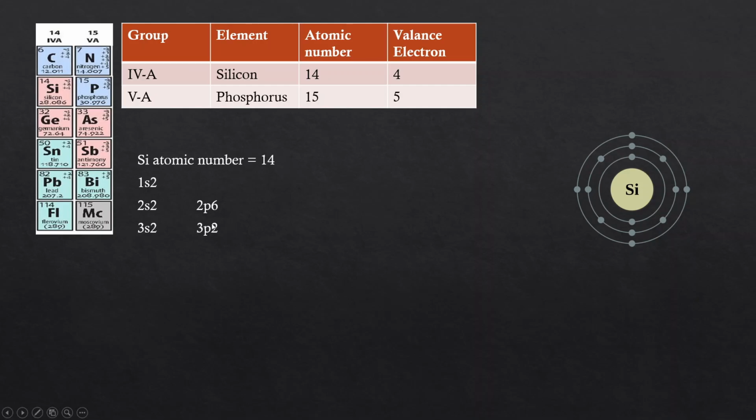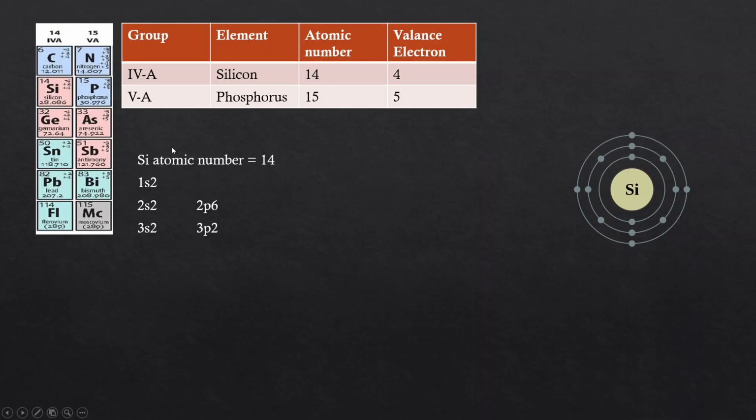So 3s2 and then 3p2. So 2, 4, 6, that is 10, 10 and 2 is 12, and 3p2. As you can see, in the p subshell we can fill 6 electrons, but we already have 14 electrons in silicon, so we can fill only 2 electrons in the p subshell. So there is a valency of 4 electrons.